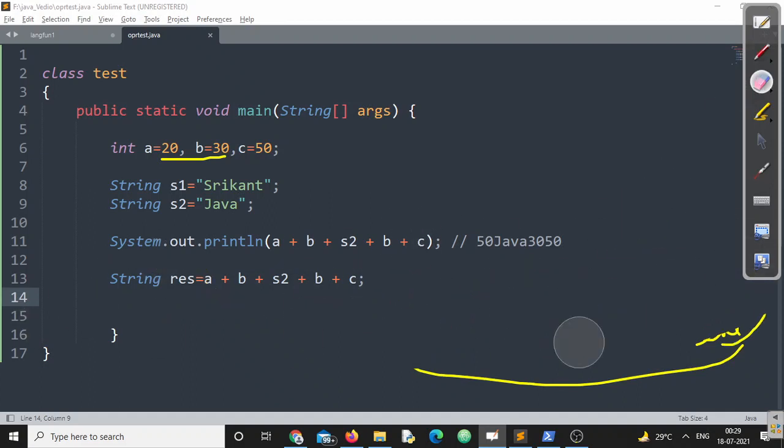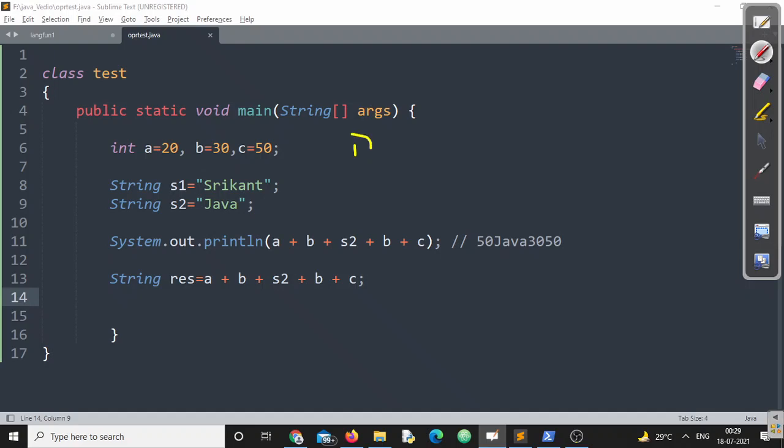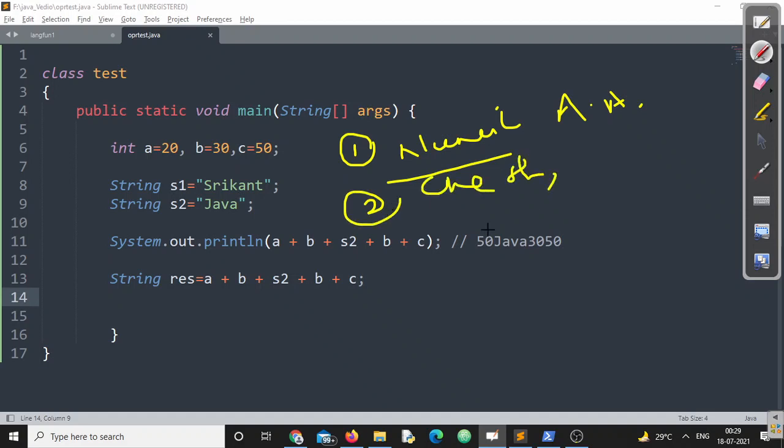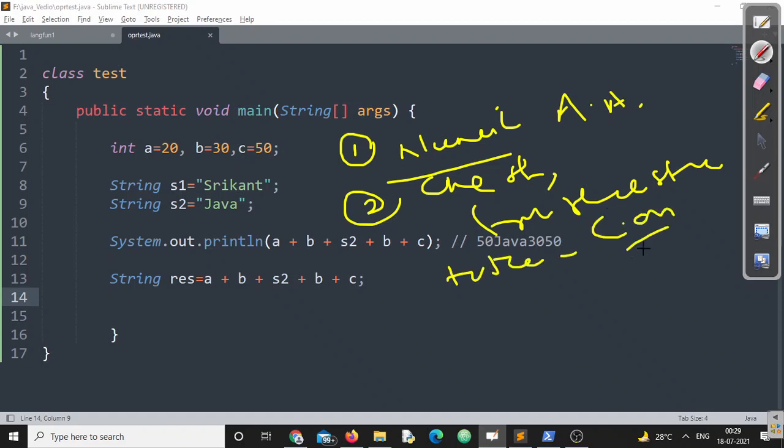That means one conclusion we can make here. You can write the notes there. Conclusion number 1: if the operands are numeric, then which operator will be operated? Arithmetic operator, right? If one of the operands is a string, then from the string literal to the end of the expression, the concatenation operator will be operated.